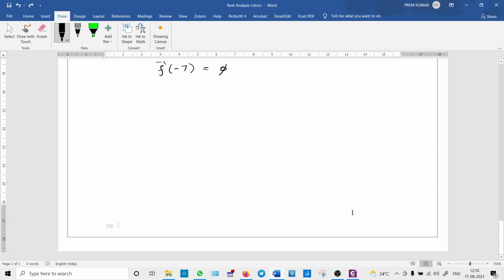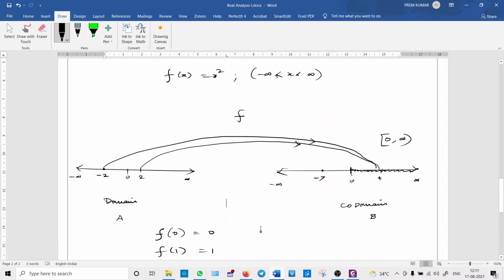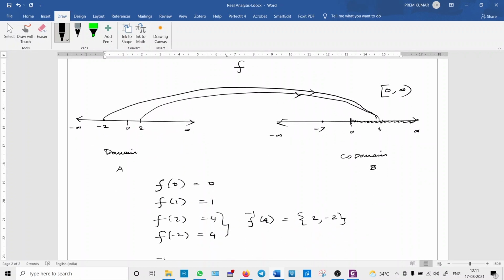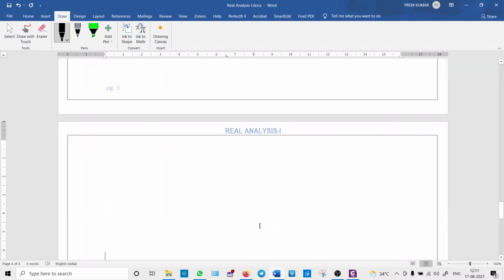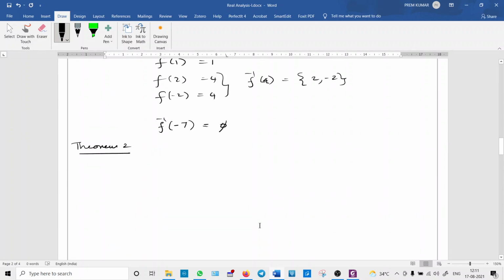Now we will start theorem number 2. Theorem number 2. And the theorem is, if my function f is a function from A to B,